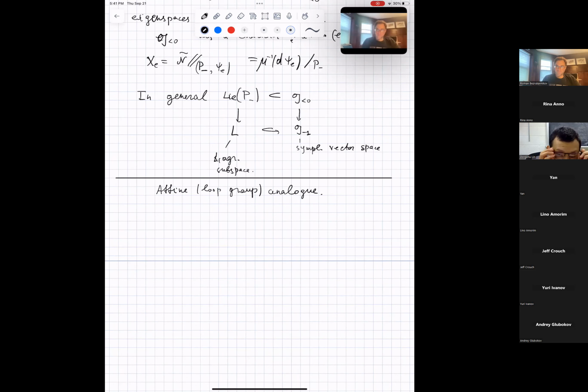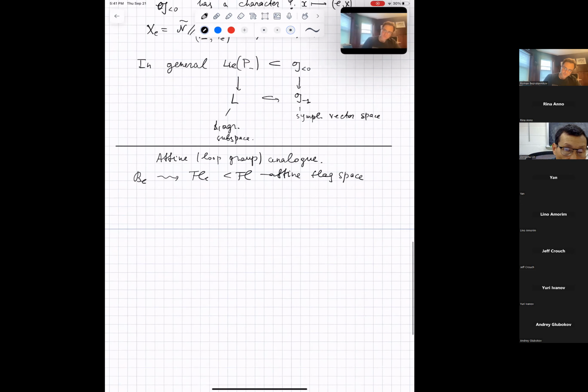So now, this B_E would be generalized to what I called full E, the affine flag space. Now this is a homogeneous space for the loop group. Maybe we can stick to SL_N as we decided to do. And then for G being SL_N, we let